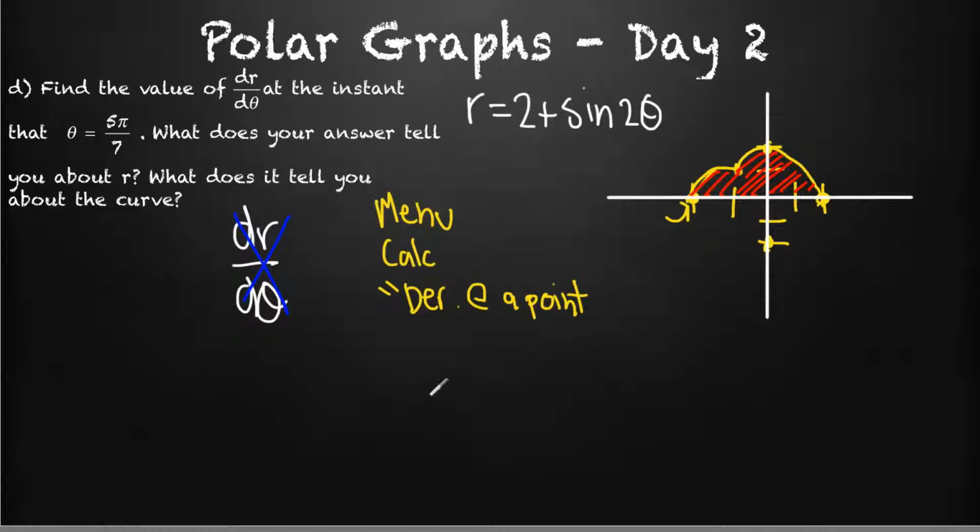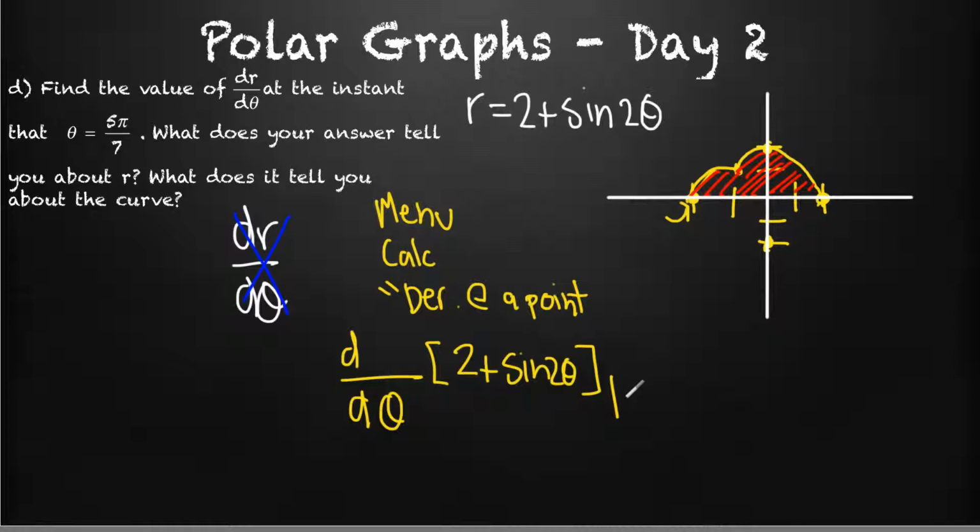And you're going to type in your point, which is going to be 5 pi over 7. And so essentially this is what you should have on your screen. You could use x instead of theta if you wanted to. It would be 2 plus sine of 2 theta, and then there'll be a straight line, and then theta or x, whatever, is going to be 5 pi over 7. Or you could just take the derivative by hand and plug in 5 pi over 7. Either way, you're going to get